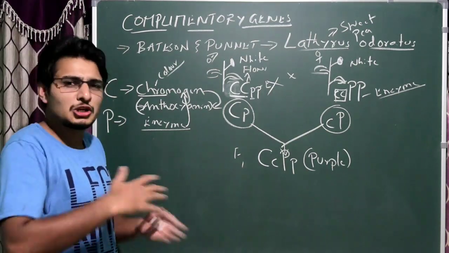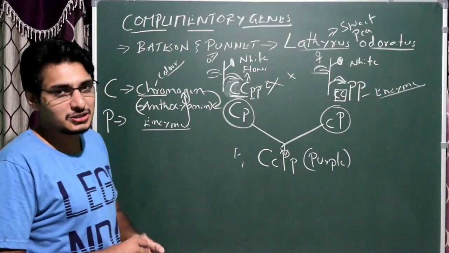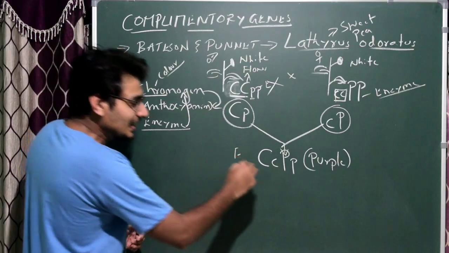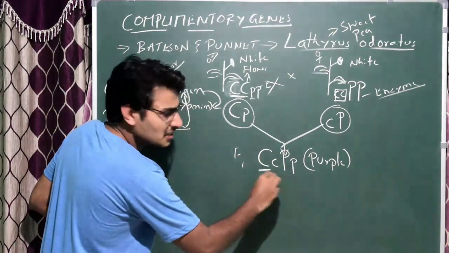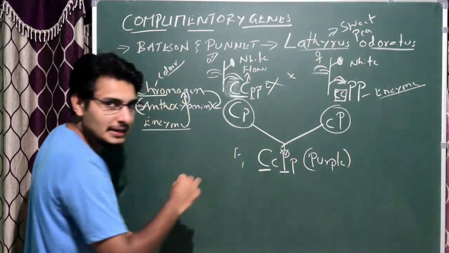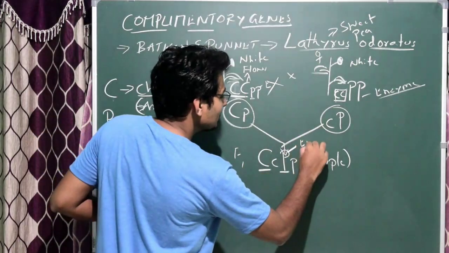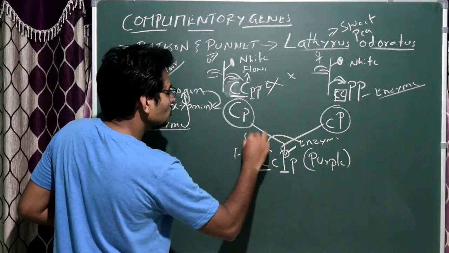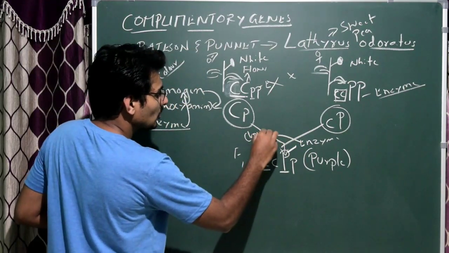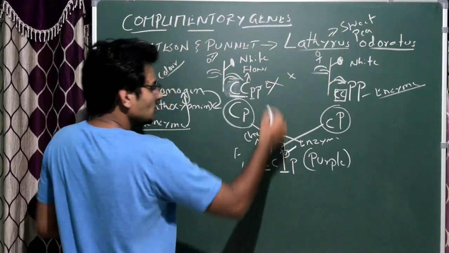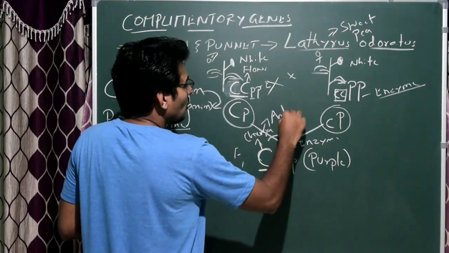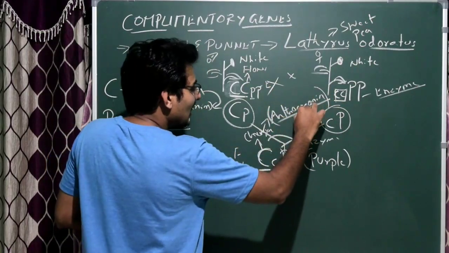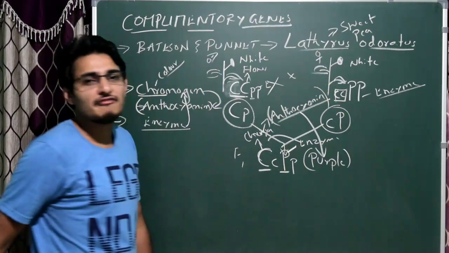Obviously you think that the genotypes will be same. No, it is different actually. So you have to understand this. You know the reason also now, I told you. But in this case, capital C for the first time is present with capital P. In this case, the P produces the enzyme which is responsible for the conversion of the chromogen, which is produced from capital C, to release a chemical called anthocyanin. This anthocyanin actually gives purple color to the flower.